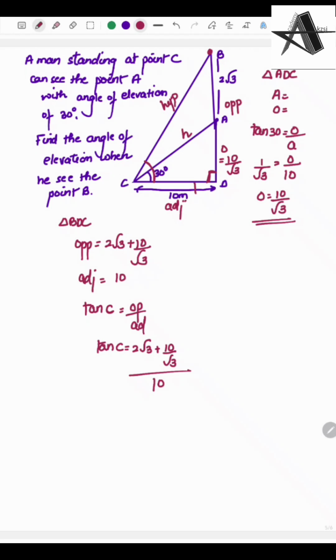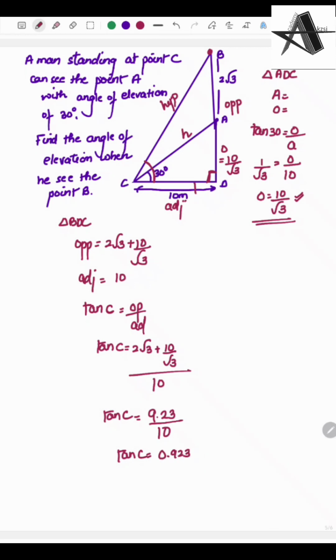If you put the values in the calculator, this will be 9.23, or you can directly use the value of root 3 there. So it will be 9.23 over 10. How did I get 9.23? Because in place of root 3, I used 1.732. So it will become 2 times 1.732 plus 10, divided by 1.732. So it gave me this value. And this is equal to tan C. So tan C is equal to